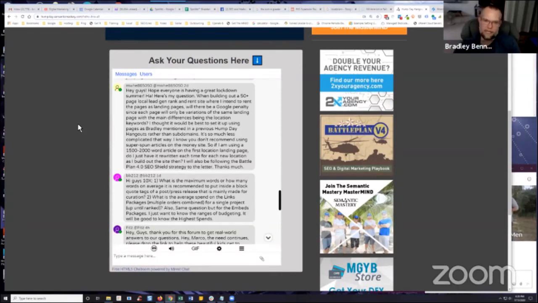Let's say I get a 1,500 word article written. So I get 2 of those written. It's going to be a little bit expensive, but then you can have each one of those articles rewritten, which is a lot cheaper, so that it comes out unique. Again, a 1,500 word article might cost, I don't know, $150, whatever it is. And then you have it rewritten, but it's a hell of a lot cheaper to have those rewritten than it is to have a new article created, if that makes sense.